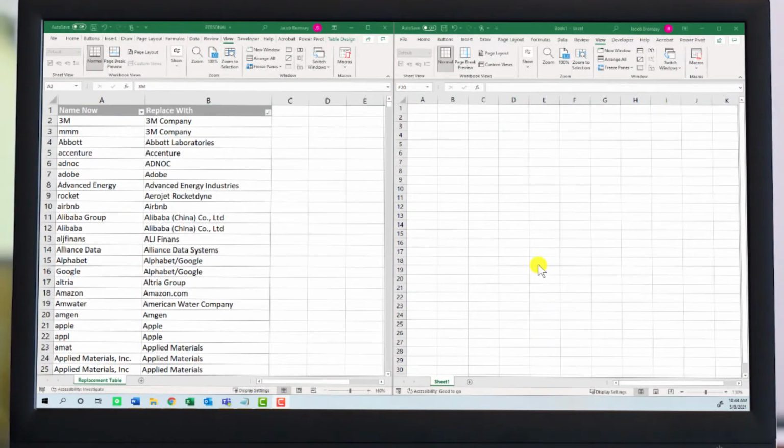Today I'm going to show you one of my favorite Excel macros. It's the replace from table macro. So I'll show you how it works. So I have this table here